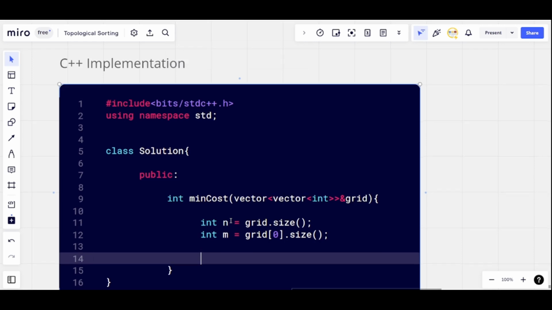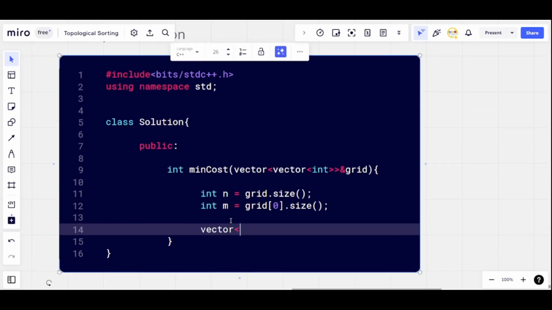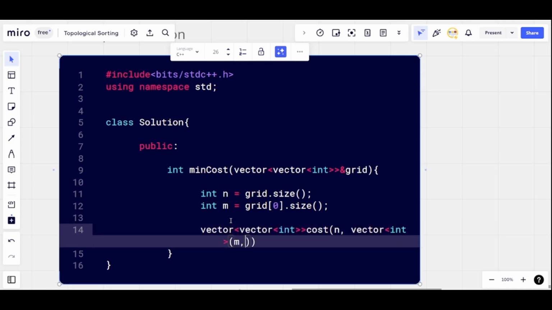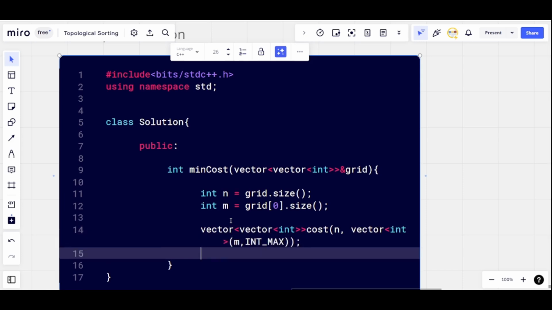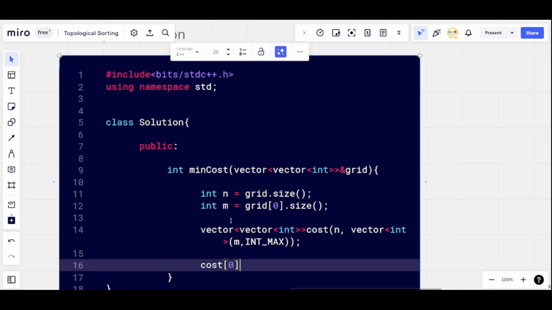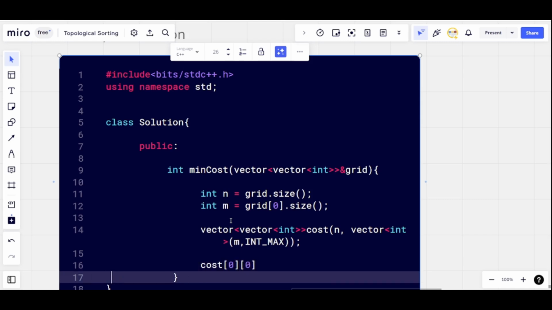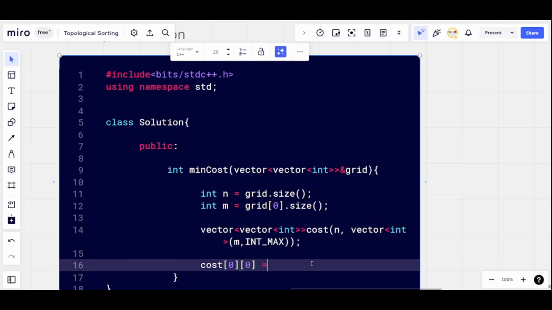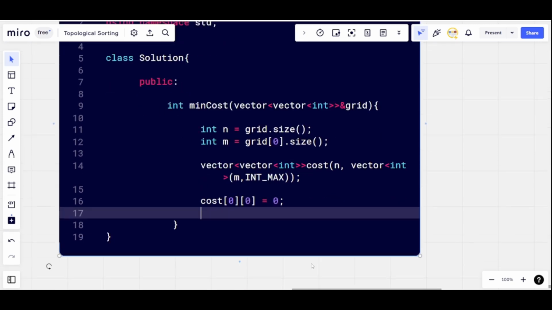Declare a cost array, a vector cost array of n rows and m columns. Initialize it with int max. Initialize the very first cell with 0,